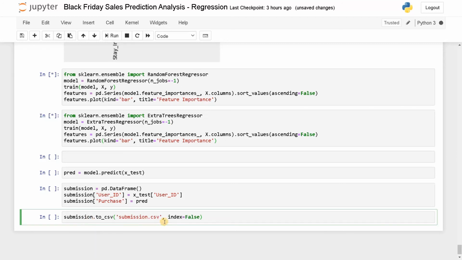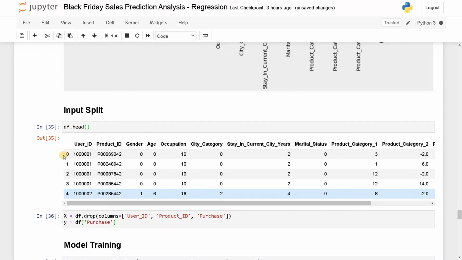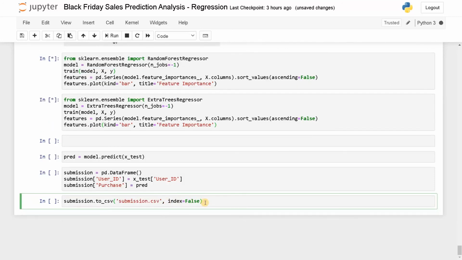Why I'm using index equals false: most of the time, if you save the data set, it will store the index values also, 0, 1, 2, 3, 4, 5, like this it will go on. So to avoid that, I'm saying index equals false. This will save the file in the current directory, where the program you are running is, and you can upload this file into Kaggle or some other analytics website you want.